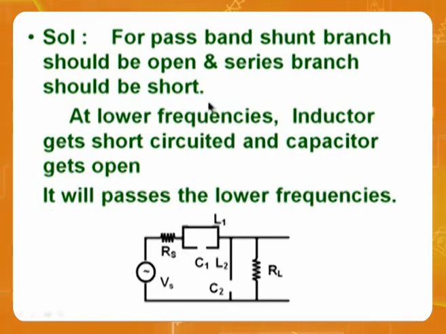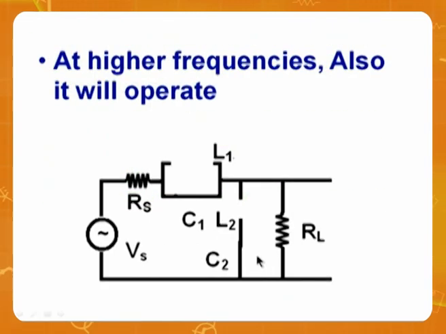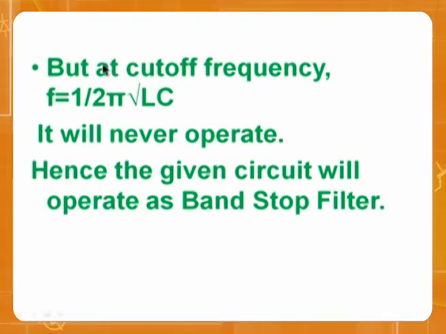For band pass, normally for anyone to have a pass band, the series element should act as a short circuit, and the shunt element should act as an open circuit. You see there? When I give low frequencies, this will act as a short, this will act as an open. So low frequencies are coming. Then for high frequencies, how is the circuit? This is coming. So I have drawn the equivalent for low frequency and for high frequency. Then let me conclude. At the cutoff frequency, it will never operate, and hence the circuit given will operate